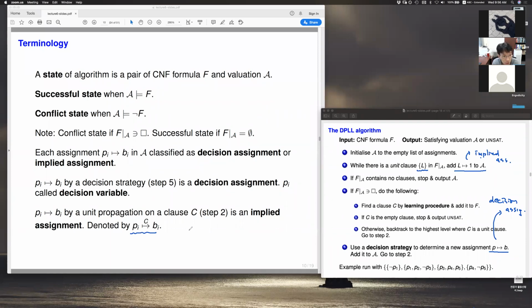Okay, so just to say it again, the states of the algorithm are the formula together with a valuation. Then we have a conflict state, a successful state, and an undetermined state. For the valuations, each binding of a propositional variable is classified into either a decision assignment or an implied assignment. For the implied assignment, we annotate it with the clause C which made us introduce this implied assignment in the unit propagation phase. Okay. Now,